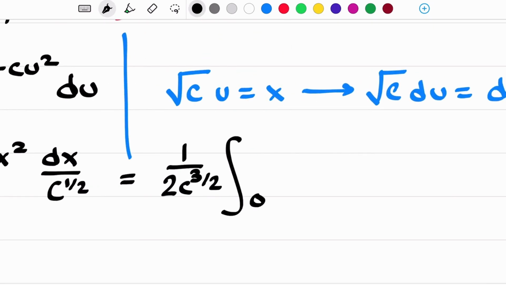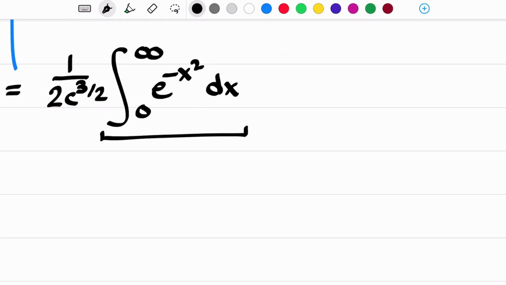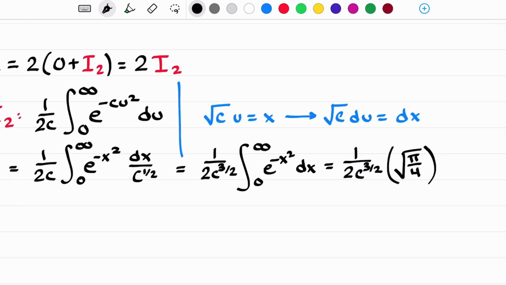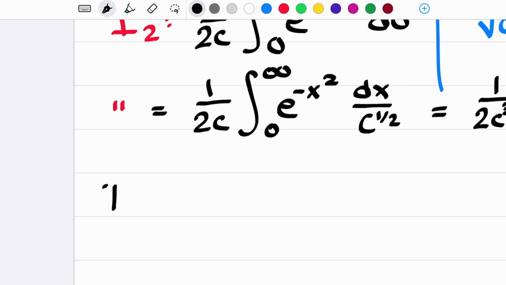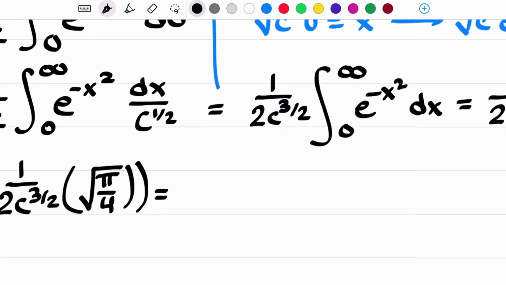Integral from 0 to infinity of e to the negative x squared dx. And again, this is our Gaussian integral from earlier. It's just the square root of pi over 2, which we can write as the square root of pi all over 4. And now, when we go to plug this back in for what I is equal to: 2 times 1 over 2 c to the 3 over 2 times the square root of pi over 4, which is just going to equal